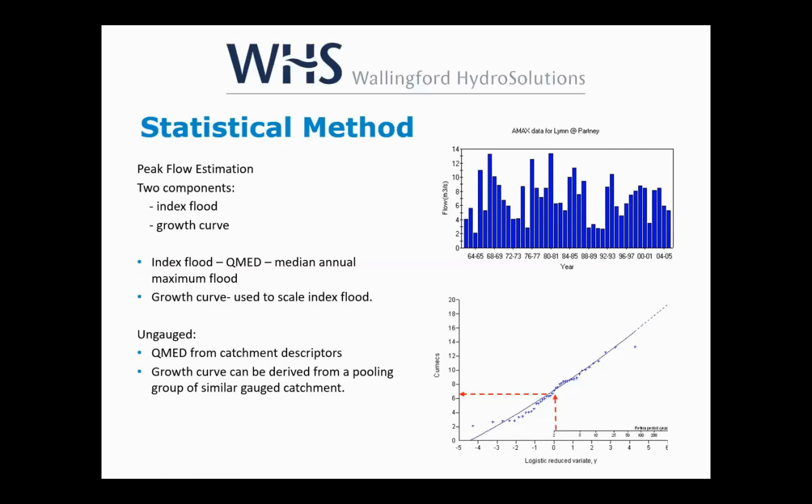Now, for ungauged sites, we don't have an AMAX series to derive our QMED. Therefore, we need to use an alternative method. Namely, we can use the FEH web service catchment descriptors we have for our ungauged catchment. We also